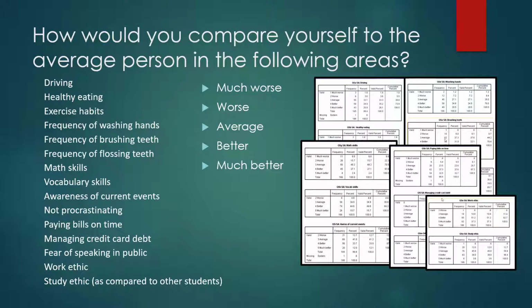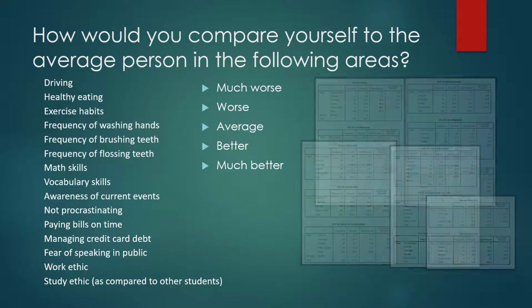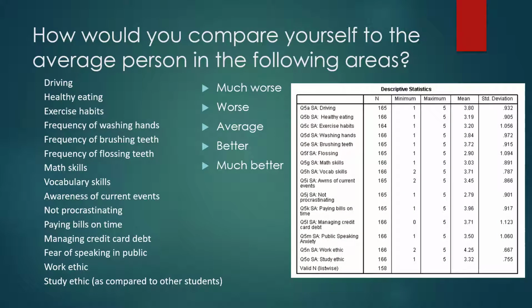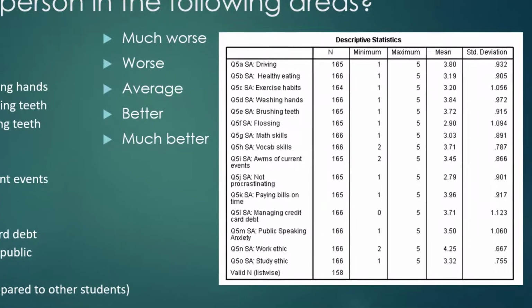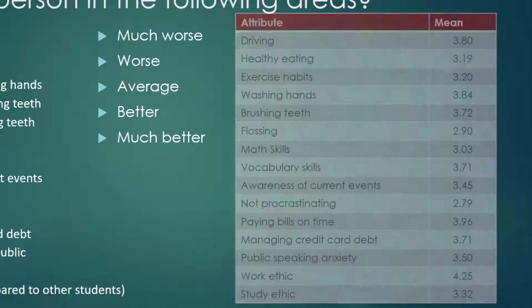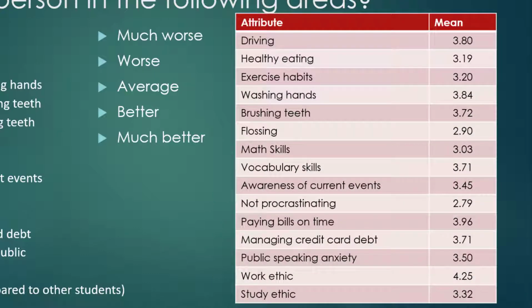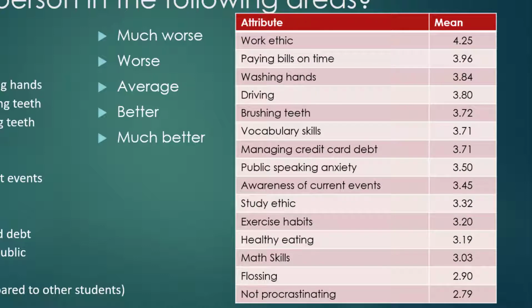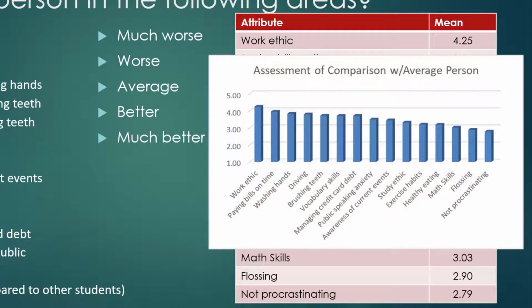Given that this is a scale question, you might be better off running and reporting means, which reduces those 5 pages of data to a single page that you could put in a single table. Now you could report that on a scale of 1 to 5, with 5 meaning they thought they were much better than average, driving was assessed a 3.80, healthy eating at 3.19, and so on. And if you wanted to make it pretty, you could. But that's not as helpful as if you could sort or rank order from high to low. But even better would be to show it in graph form.